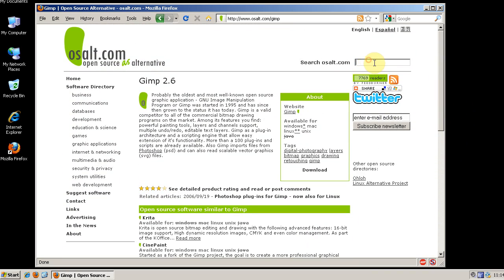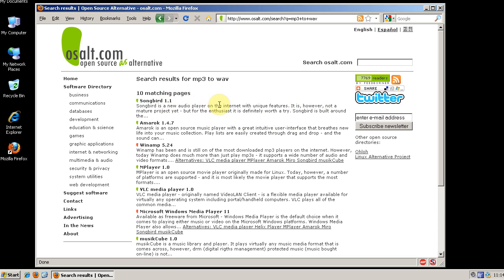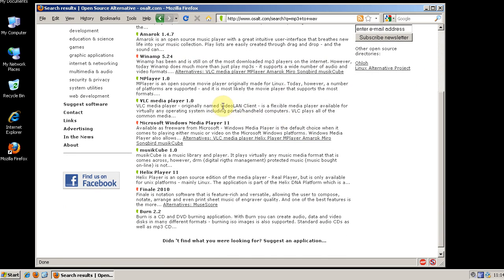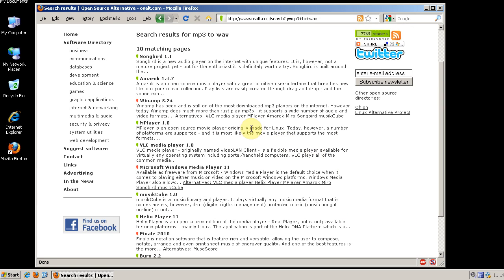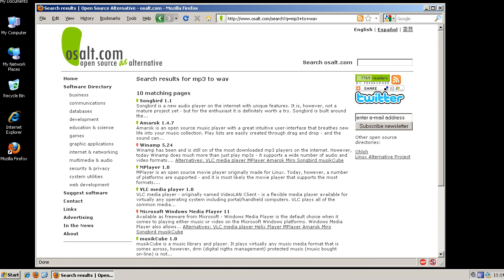But we wanted to find something to convert MP3 to WAV, and we can look on here, and most likely we will be able to find a program that can do it. The green ones are open source, and the red ones are commercial software. OSAlt is mostly for if you know a commercial program that you like, you can find the open source alternative to it.